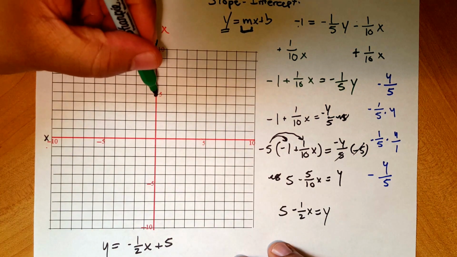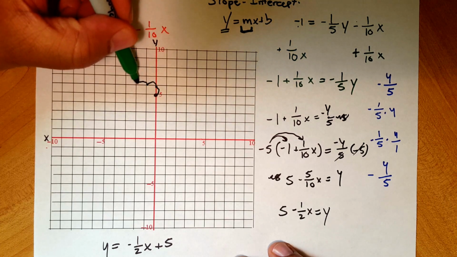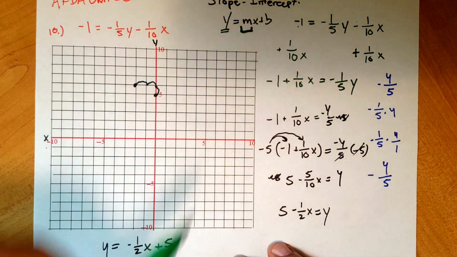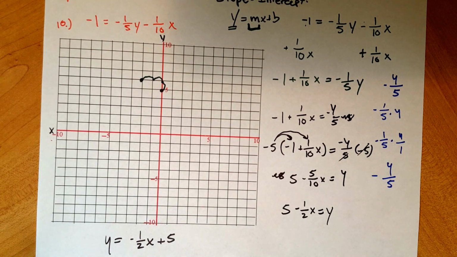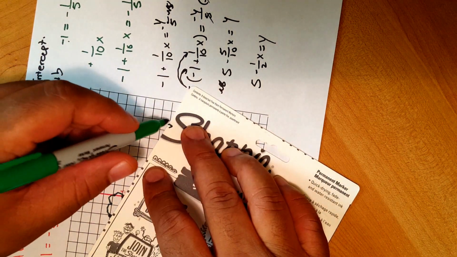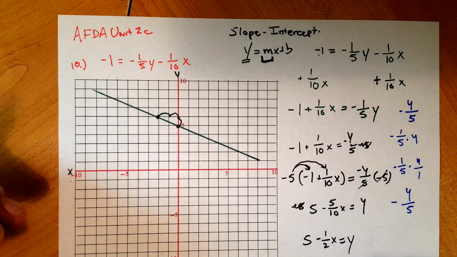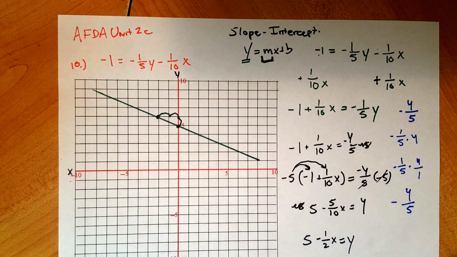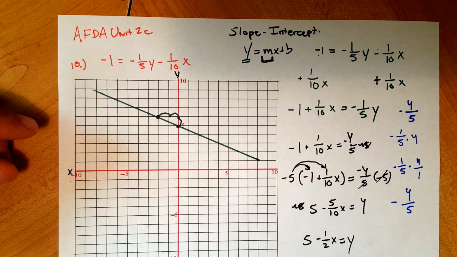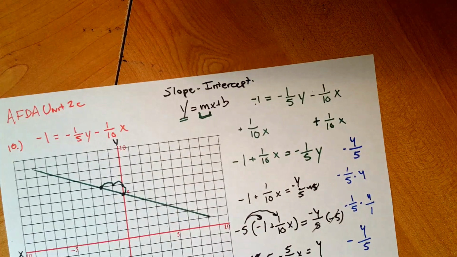So I'm going to go up 1 and to the left 2. And this gives me my second point. And I'm just going to draw my line like so. So that's what I have. I have my 2 points, I have my slope, and I have my line, all given from my equation. So just to kind of recap,